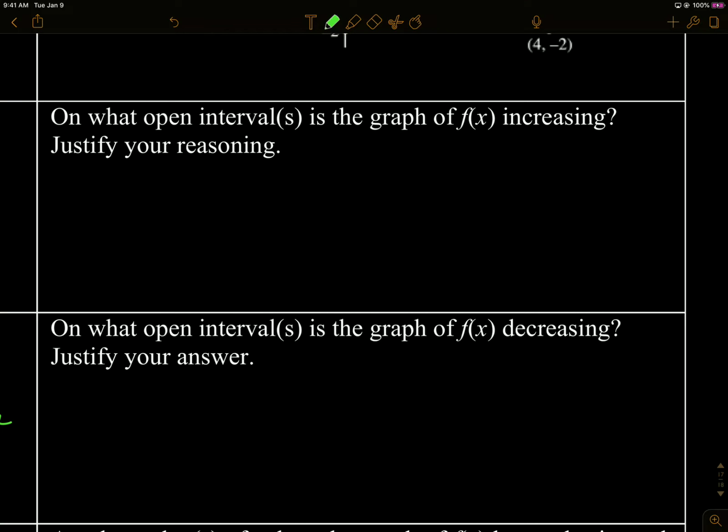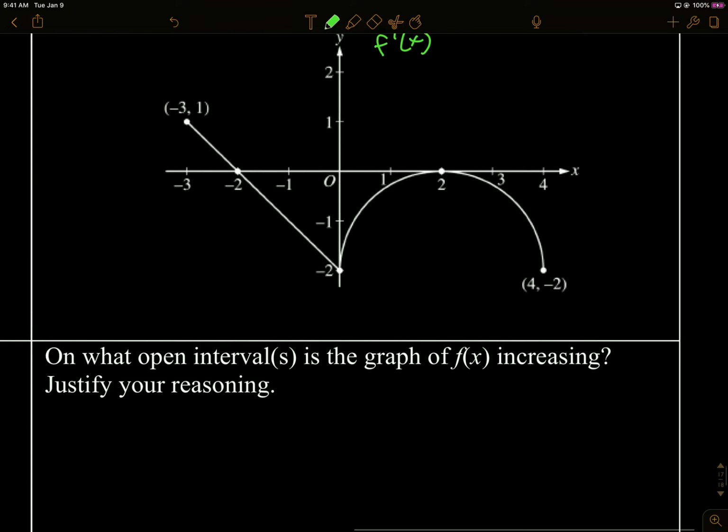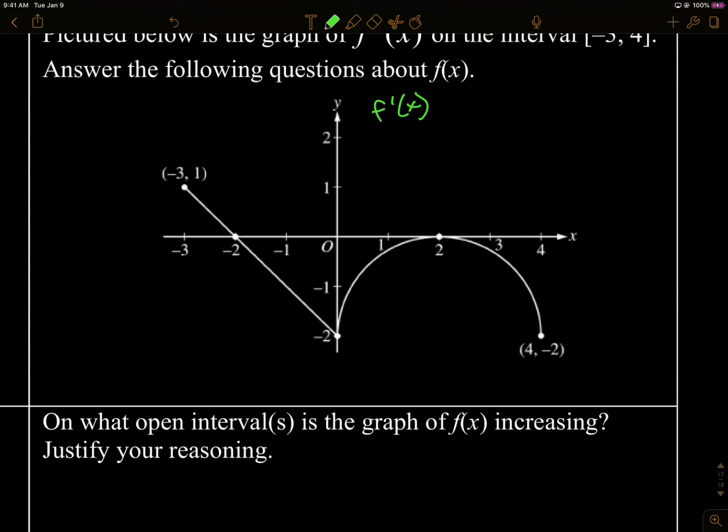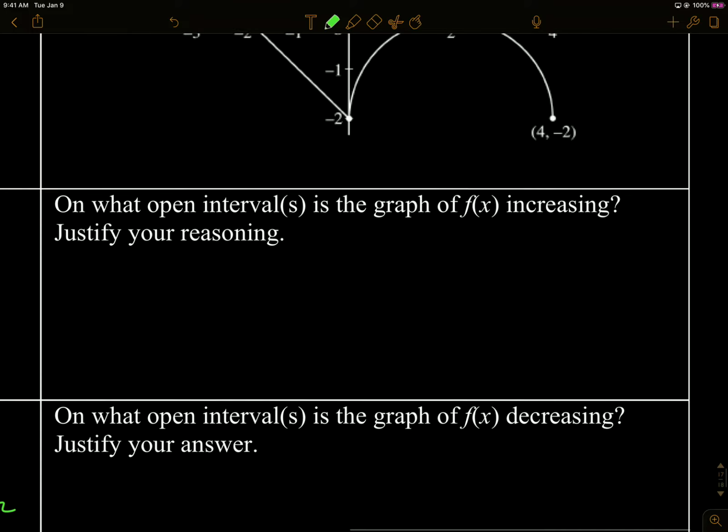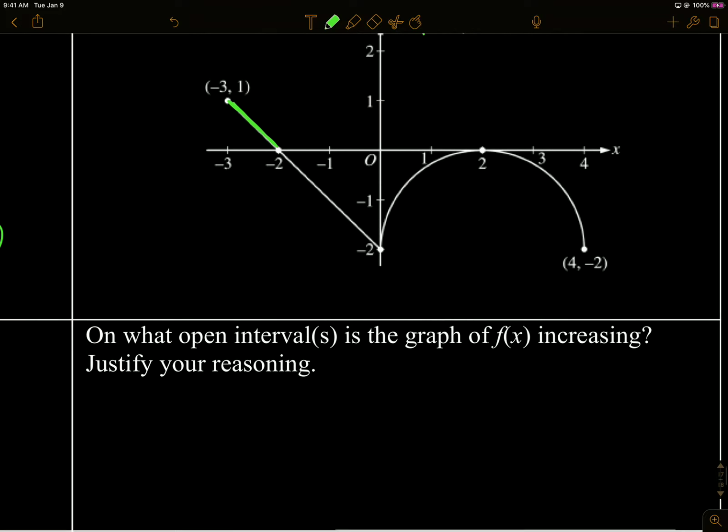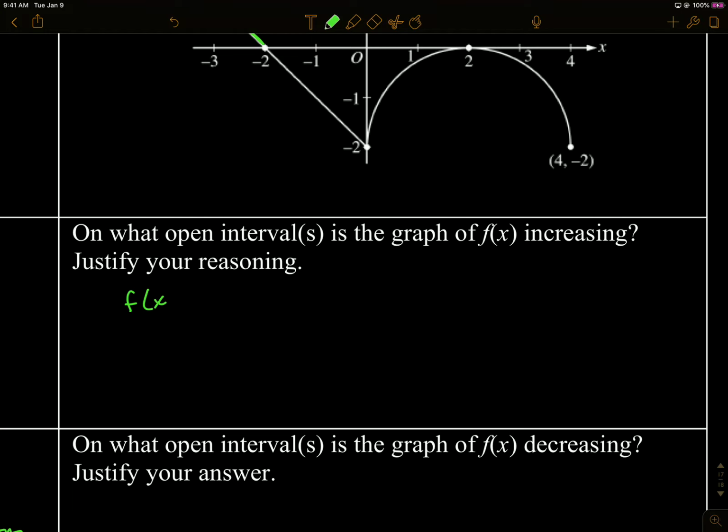On what open interval is the graph of f of x increasing? Justify your reasoning. So f will be increasing anytime the derivative is positive. So I'm going to look on this graph and try to identify when the derivative is above the x-axis. So we can see it's there. So we're going to say that f of x is increasing when f prime of x is above 0 or positive, which occurs